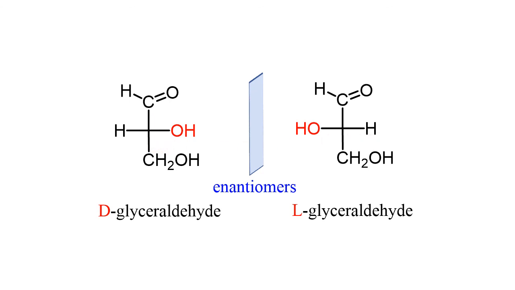In the beginning, I told that in the case of optical isomerism, isomers have the same molecular formula, same physical properties, same chemical properties. But in normal isomerism, isomers have the same molecular formula but different structural formula, and both physical and chemical properties are different. But here it is the same molecule, same property. Then where is it different? It is different towards the light. That's all. So glyceraldehyde shows different property only towards light. That's why they are optically active or optical isomers. So optical isomers are chemically the same, only in optical activity they are different.